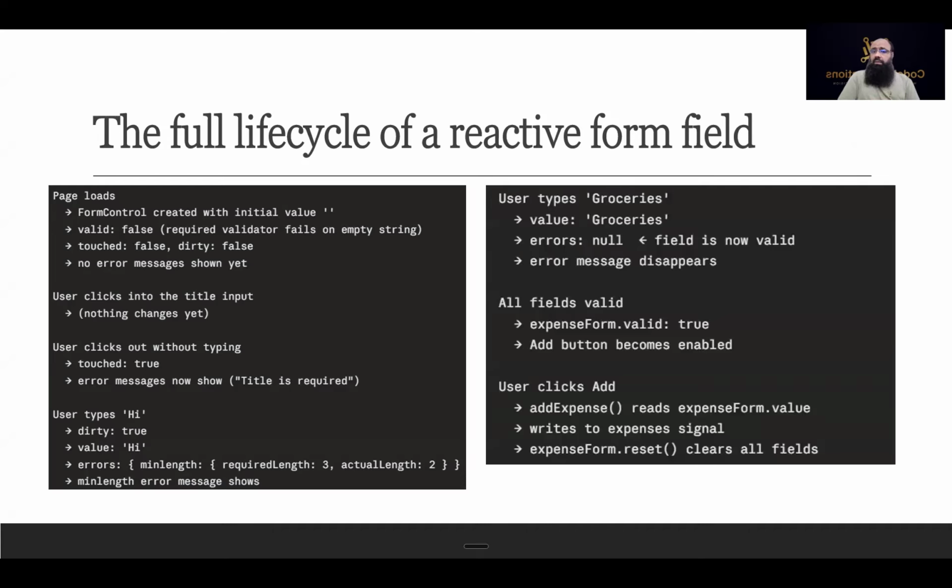Then comes groceries. The user types groceries, and there is no error now because it fulfills both criteria. The error message disappears because the error became null. And if all the fields are valid, then expense form dot valid is going to be true, and the add button on our form gets enabled. Then the user clicks that button,